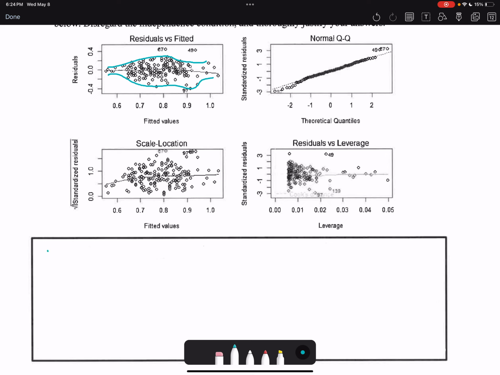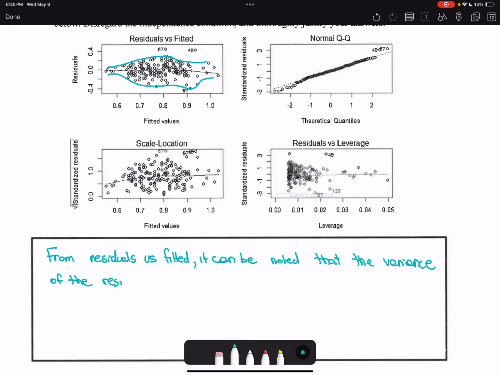From residuals versus fitted, it can be noted that the variance of the residuals is greater towards the center of the plot,